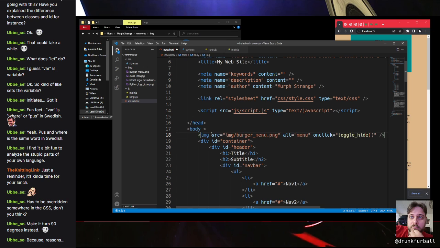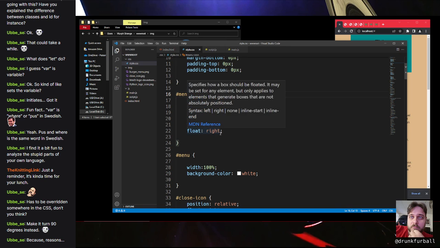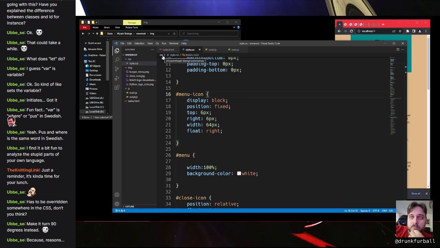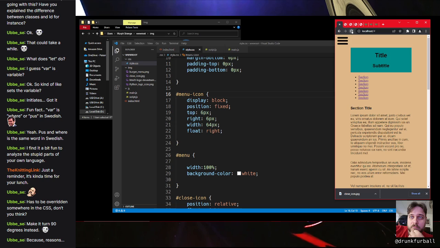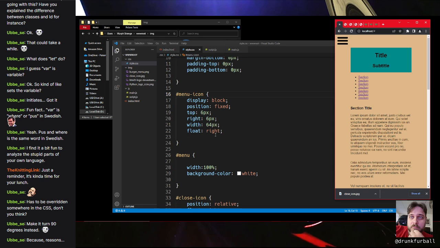I had that outside the container. And styles, block fixed. Yeah, okay. I should put it back where it's supposed to be. Why isn't it floating to the right? Okay, well, now that I've broken it,